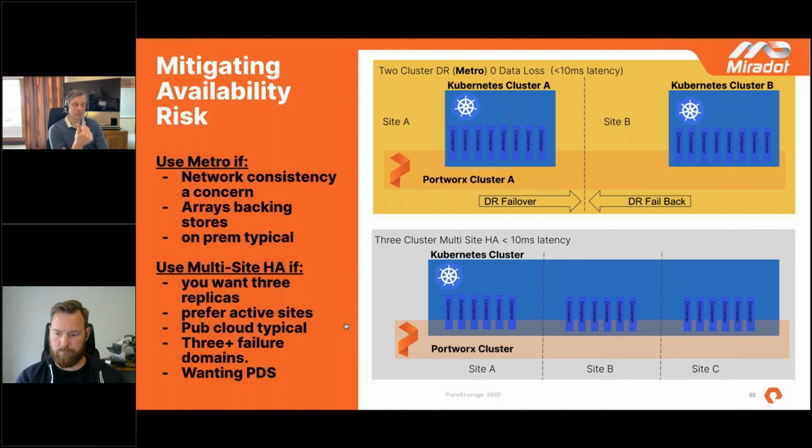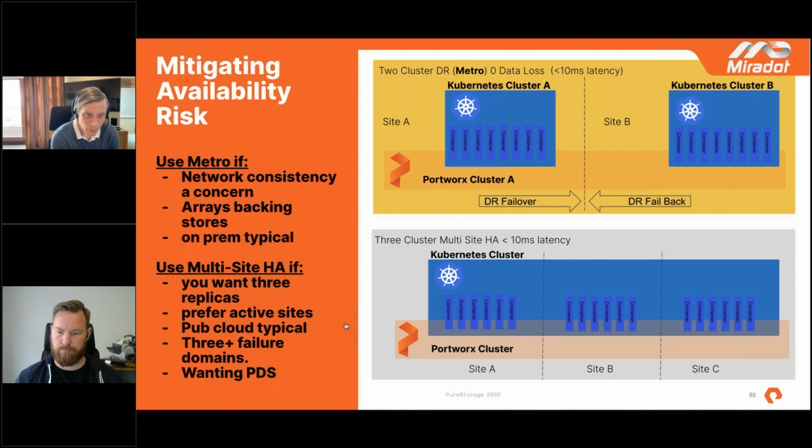you could then have replication of virtual machines, and that can double it again. And then you could have replication of Portworx volumes, which could double or triple it. So when you're architecting, think about where you're doing replication, because you might be able to free up some of that. So that's the Metro. That's when I would use Metro. I see that more typically on premises.